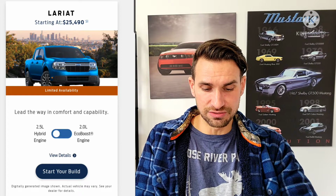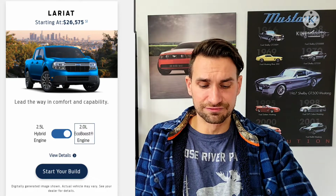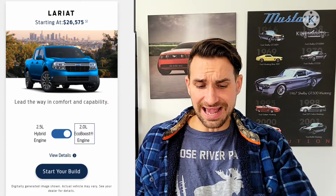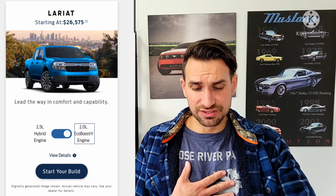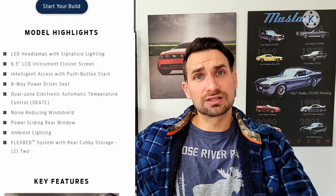Once we add the 2-liter EcoBoost engine, you can see the price change there from a hybrid at $25,490 to $26,575. What are we getting with all that? Well, you get the intelligent access with push button start. So that's something I don't have on my Bronco, and in very cold temperatures, it certainly is a little less fun to take off your glove, dig for your key, unlock, get in. And on the other models of Maverick, you're actually going to also be putting your key into an ignition switch. Well, push button start and keyless entry means the key stays in your pocket or in your purse. Not my purse, but maybe you're watching in your purse, and you just jump into the vehicle, press the button,